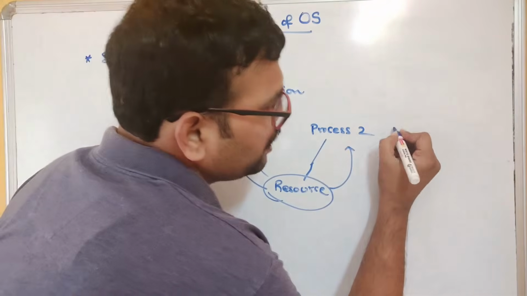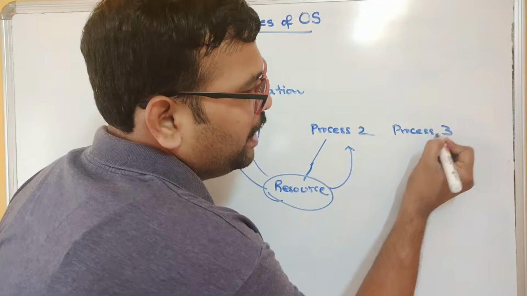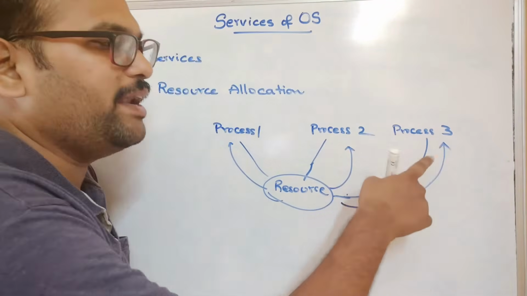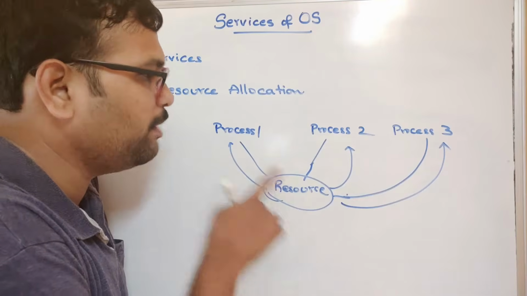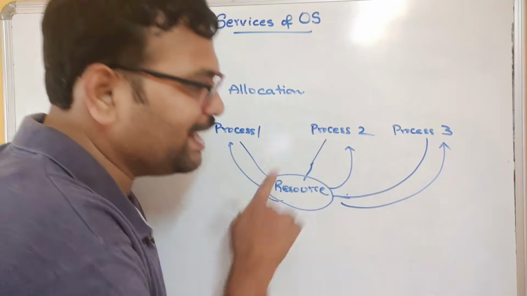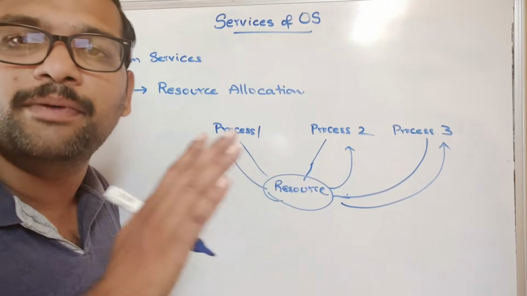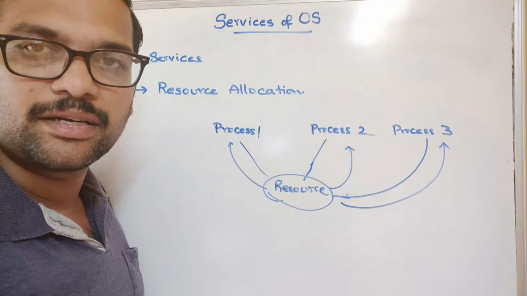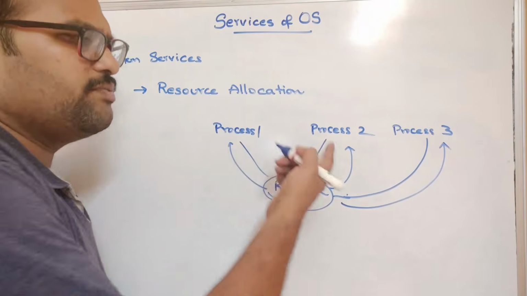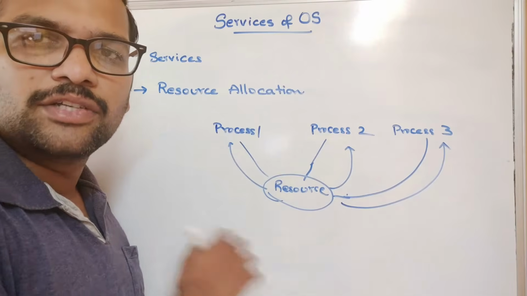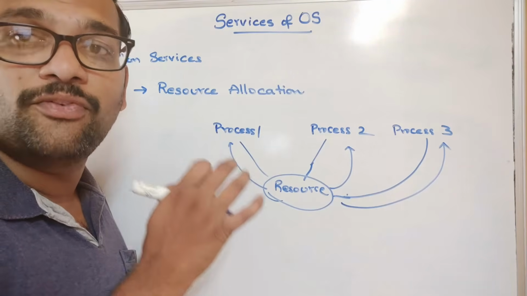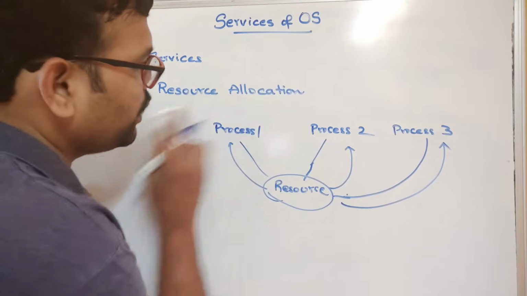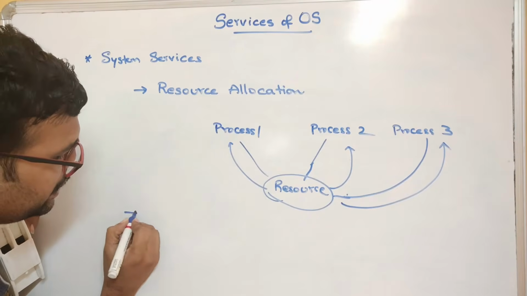If there is another process 3, and it is also using the same resource, then process 3 has to wait until the resource is released by process 1 and process 2. So with resource allocation, that means with minimum waiting time, the resource will be allocated by the operating system. Similarly, different processes can access different resources. So optimal utilization of resources can be done by the operating system. Okay, so this is one service, and the next one is